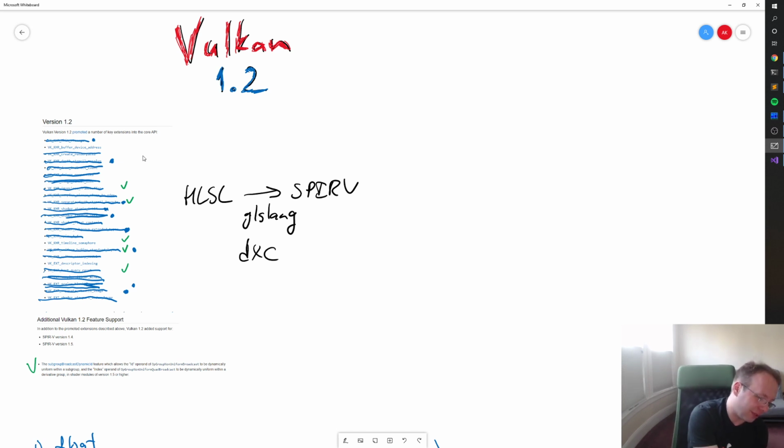Some people don't like to compile HLSL with GLSlang. I think some folks hit issues with really crazily complex shaders. Like if you have shaders that use every single feature of HLSL, including the ones that nobody knows exist, then maybe you should use DXC. But whatever, it doesn't really matter. Anyway, so then we optimize SPIR-V